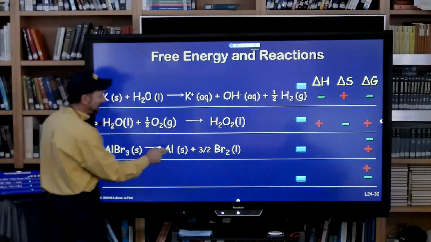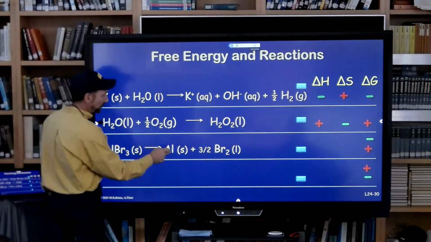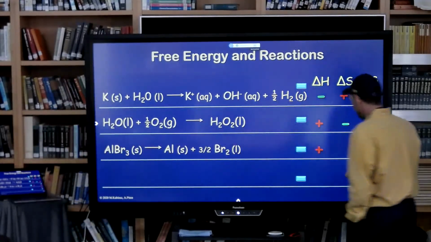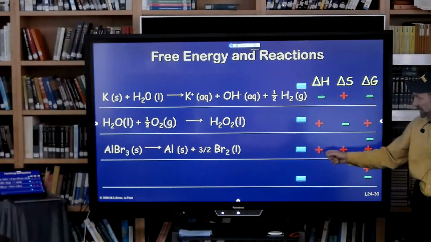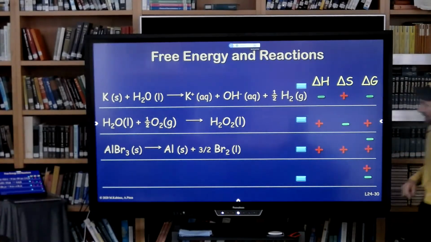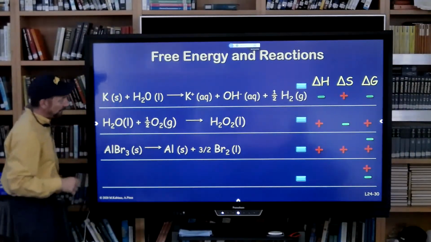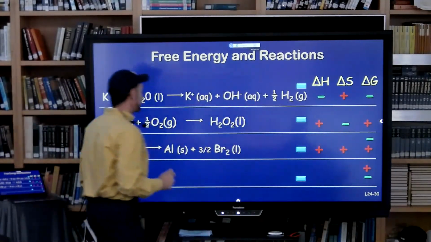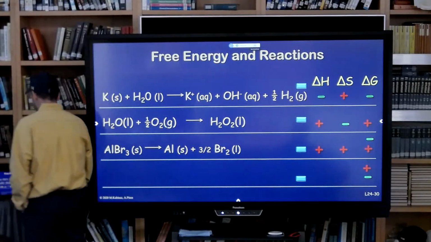Here's aluminum bromide solid making aluminum solid. So this is a decomposition. The aluminum bromide going to aluminum solid and bromine liquid. You would guess the formation of a liquid there is an increase in entropy. Delta S is positive. I'll tell you that that's endothermic. So this one, it matters. It's going to be spontaneous at low temperatures and not so spontaneous at high temperatures. So we're in the positive delta H and positive delta S quadrant. So we need a high temperature to make that go. That one we can see